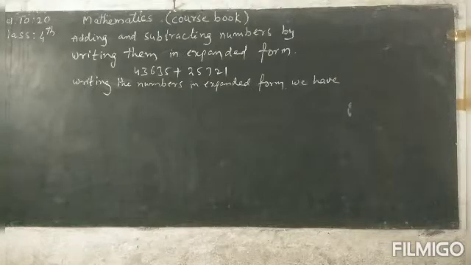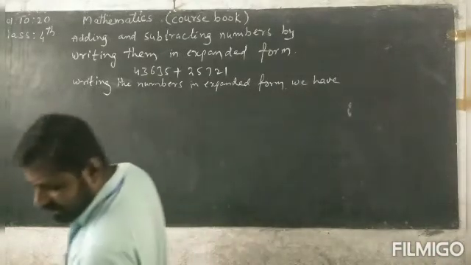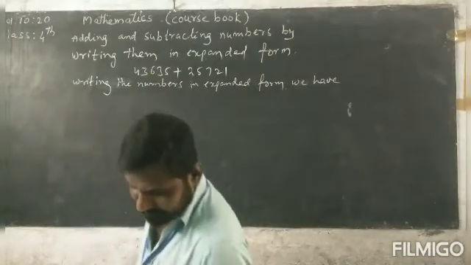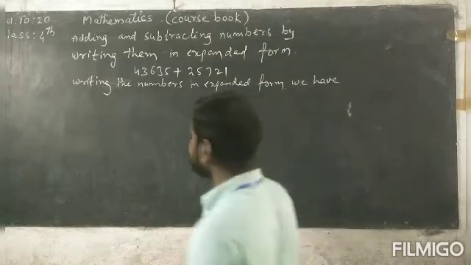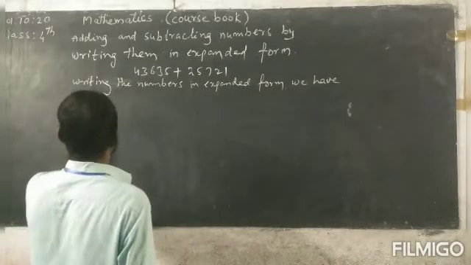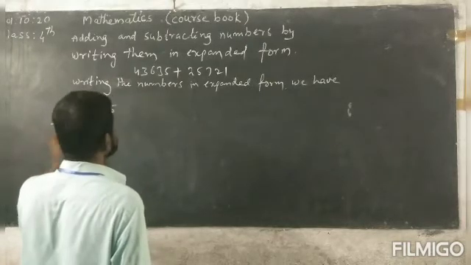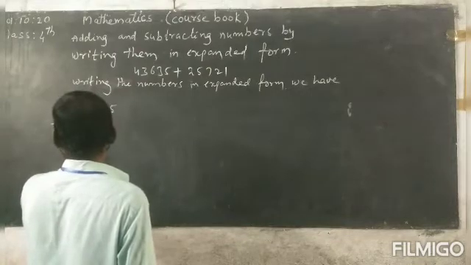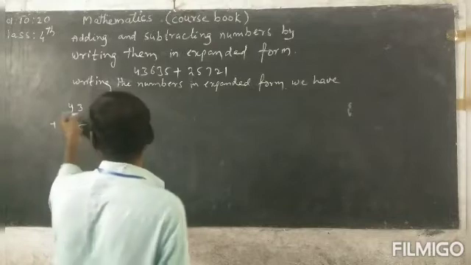See here, 43,635 plus 25,721. First we write the expanded form of